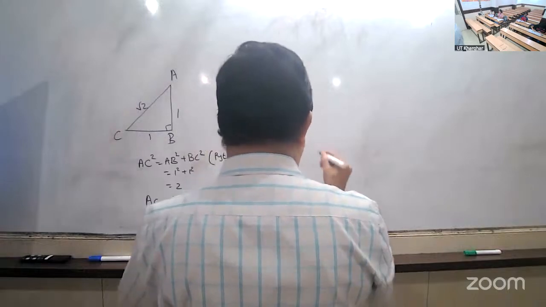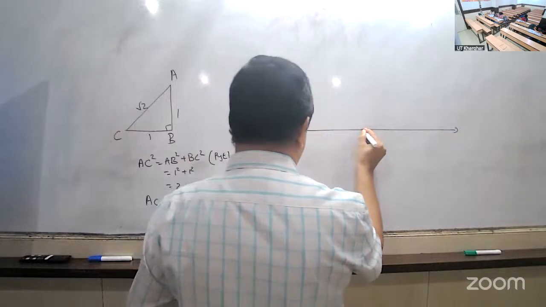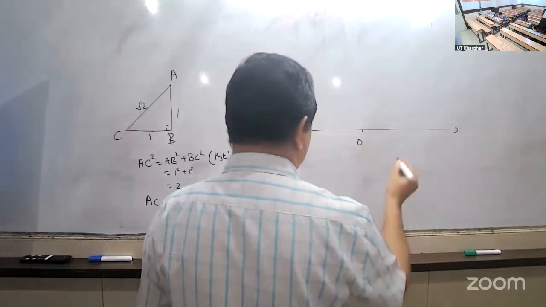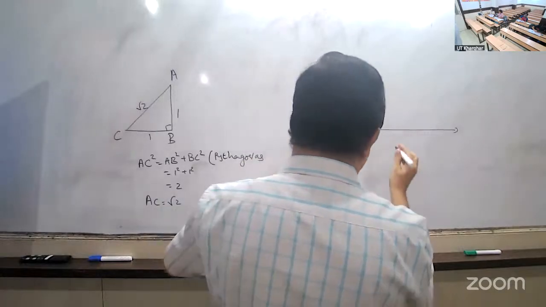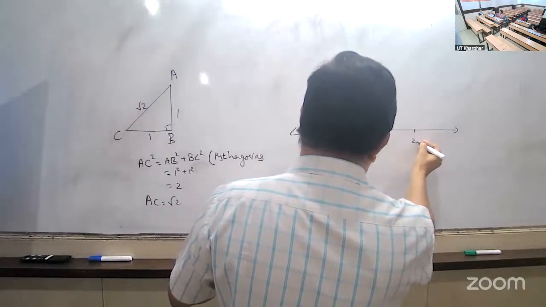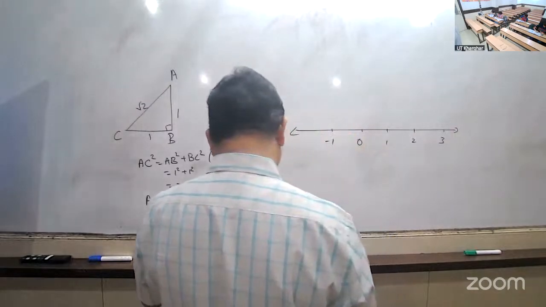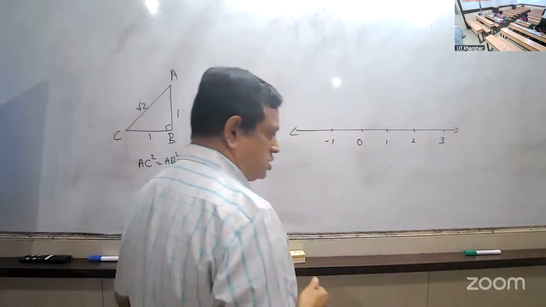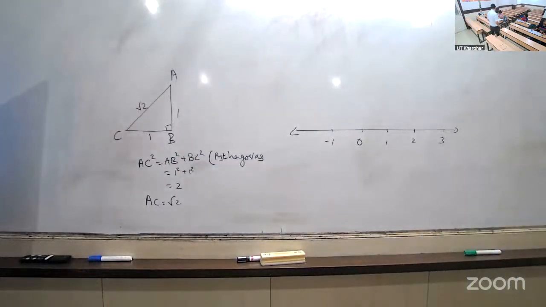Draw a line and put an arrow on both sides, all of you. Mark 0 and 2 centimeter. 0 you can mark anywhere, it is not necessary to be in the center. Then 1, 2, 3, -1. This much is enough. The distance should be equal, so put it properly, measure and mark. First put the point, then keep it and dot, and after that you